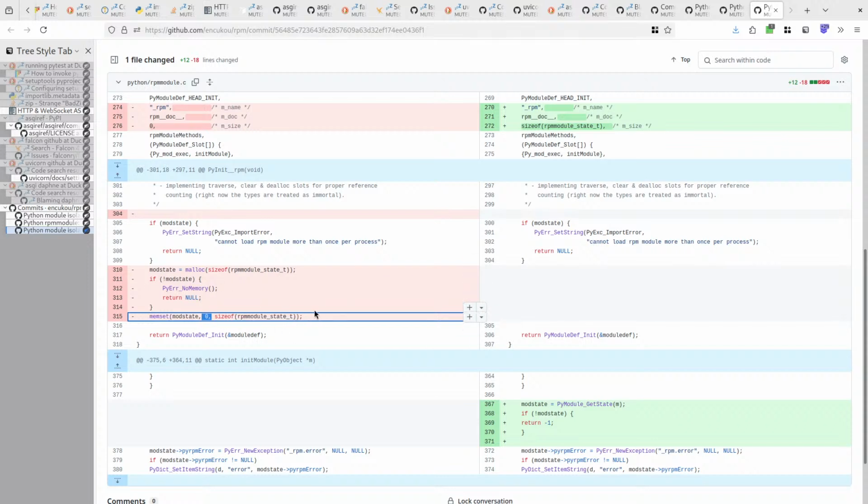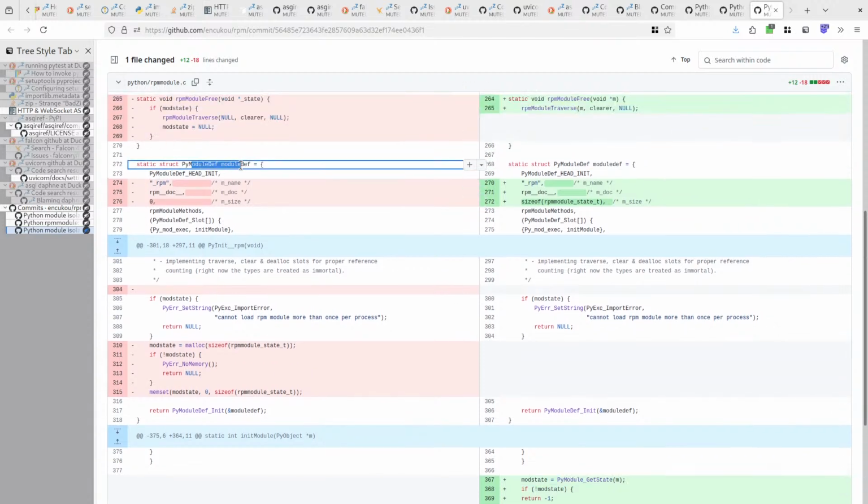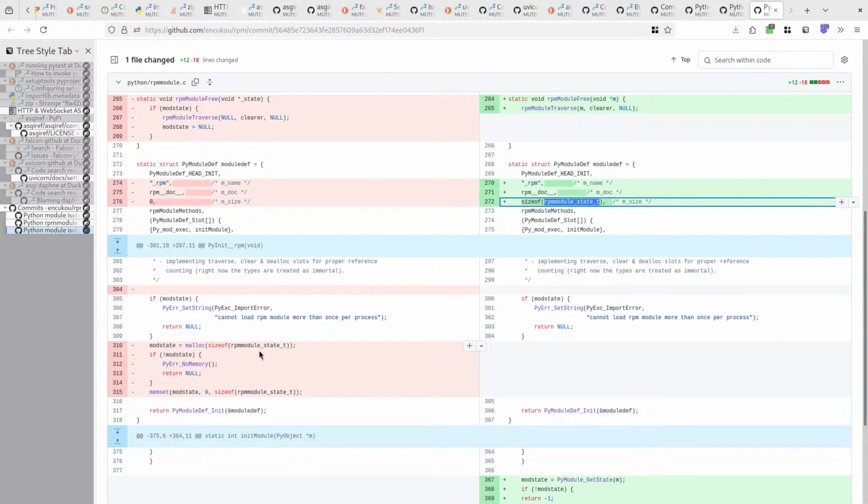That's now gone, and we're using the actual module state. In the slots for the module, in the module definition, we're setting this M size to the size of RPM module state T, which is the type of whatever mod state pointed to,